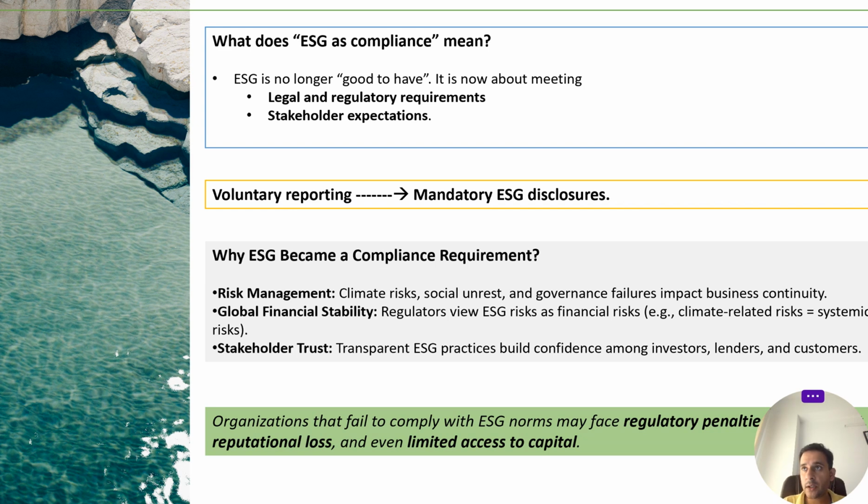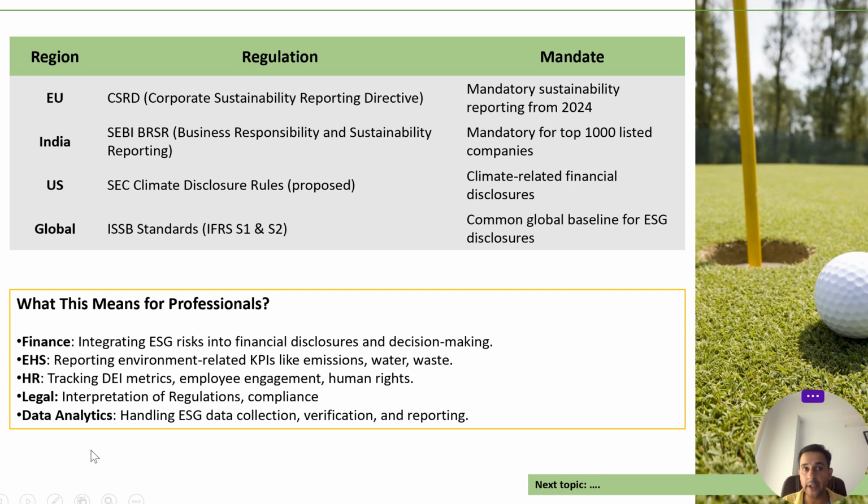If you are not transparent about your ESG disclosure, disclosing your ESG related risk, if you are not transparent on, say, on ground initiatives, which means you are saying something on paper in your sustainability report, but it is not happening on the ground, which means you're greenwashing, you will have to pay hefty penalties to the regulators, apart from losing investors' trust, losing customers' trust, losing even your employees' trust. So it will lead to damage to your reputation, right? So this is how serious it is getting.